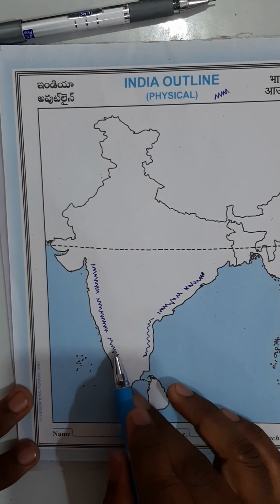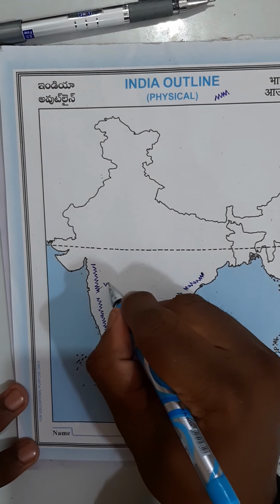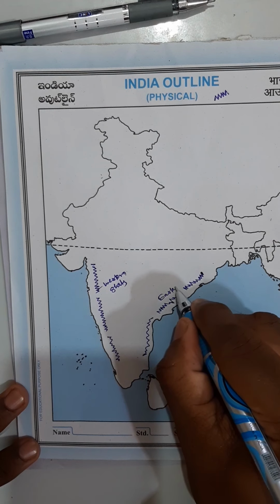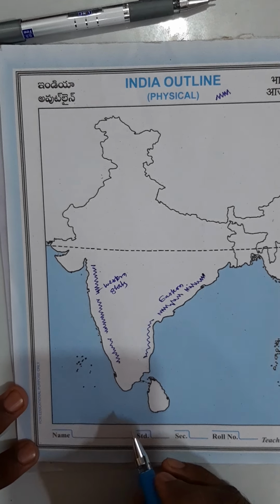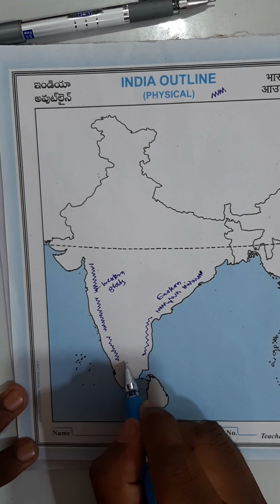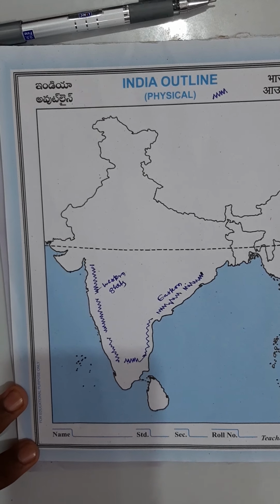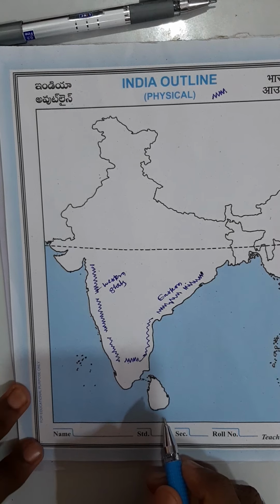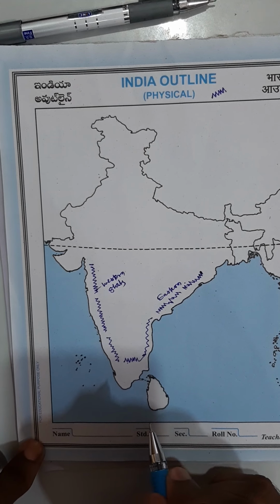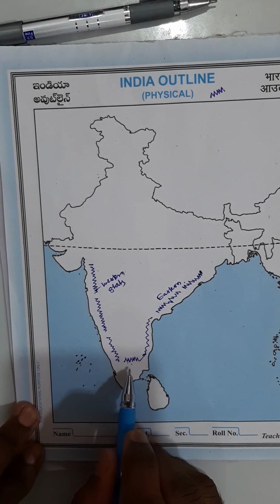But look at Western Ghats and Eastern Ghats. If you are locating, I think no need to write here, this is Western Ghats and these are Eastern Ghats. Most important here in map pointing is that these Eastern Ghats are going to meet the Nilgiris here in the south. The Nilgiris are very important mountains, important hills in the map pointing. If you want to locate Nilgiris, you have to locate here in the bottom of India, that is southern India, in Tamil Nadu actually.